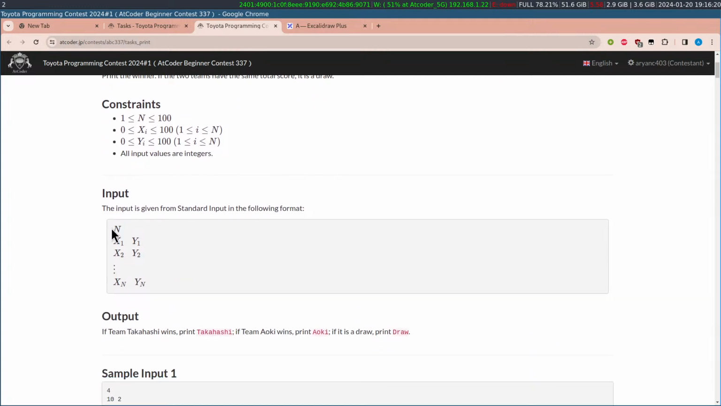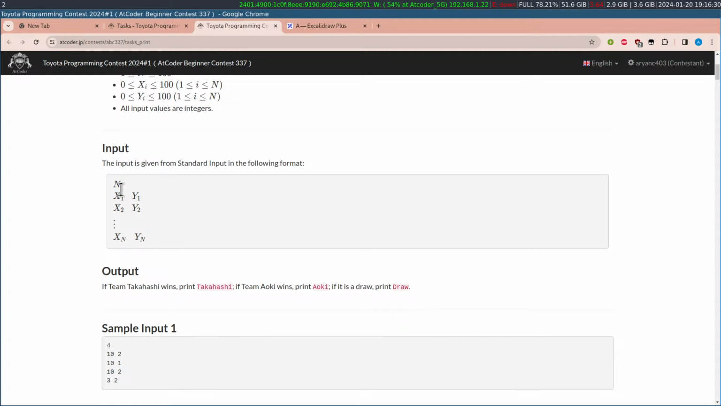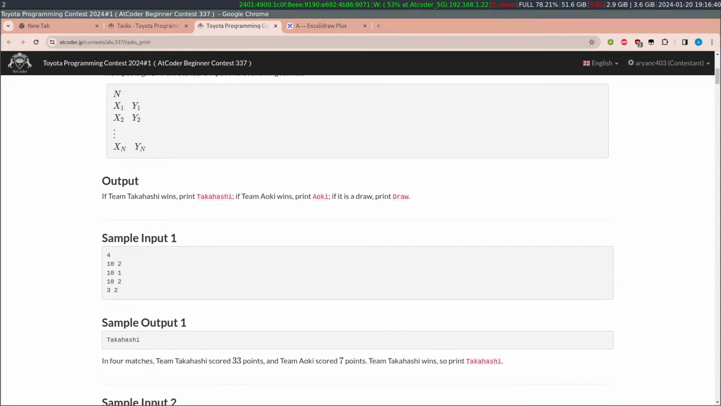Here we are given n pairs of integers. One integer is the score of Team Takahashi, one integer is the score of Team Aoki, and we have to find the total score of both of them and compare which one is higher. And if it is equal, we should print draw. If we look at the first sample,